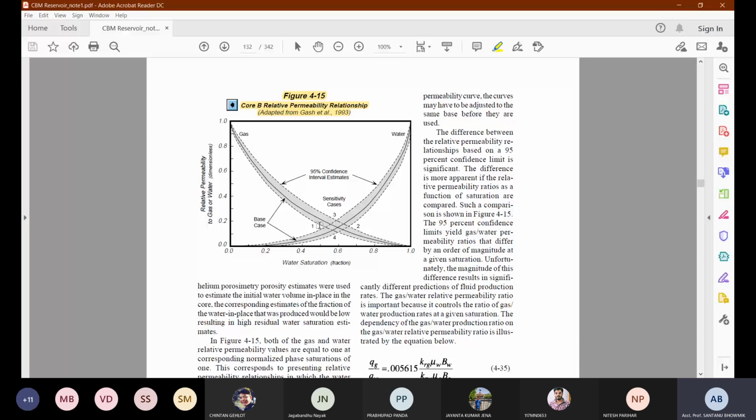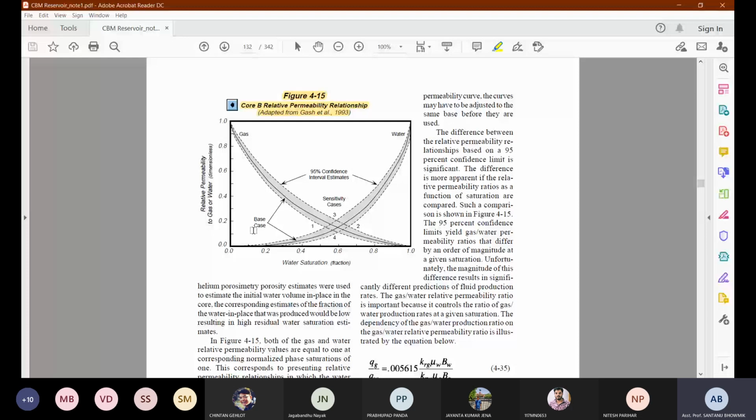And when the two dotted lines of gas intersect with the two dotted lines of water, you are going to get the 4 points. Okay. So these 4 points will give you the 4 different conditions of water and gas saturations, and thereby you will be able to calculate the relative permeability, whereas these fine lines will give you the base cases. Okay. Is it okay? Everybody can understand.